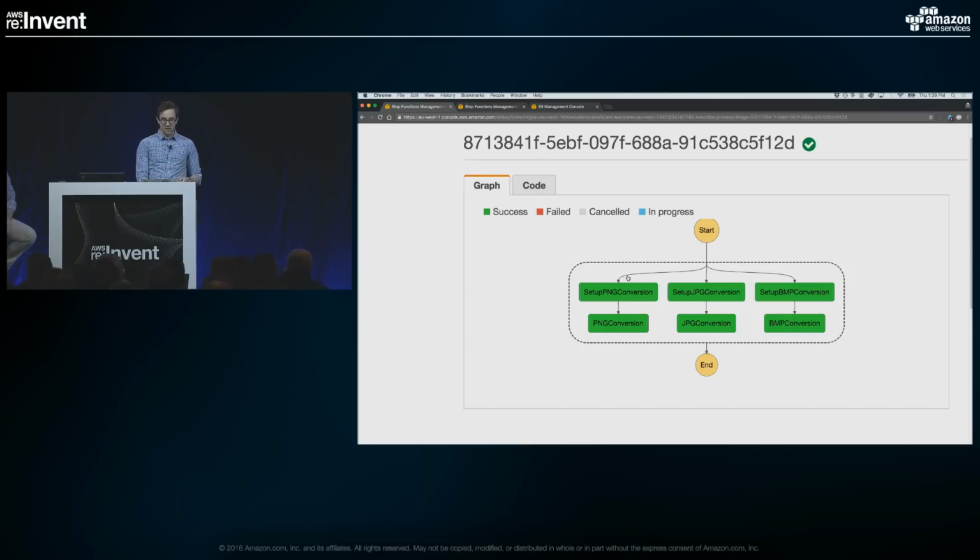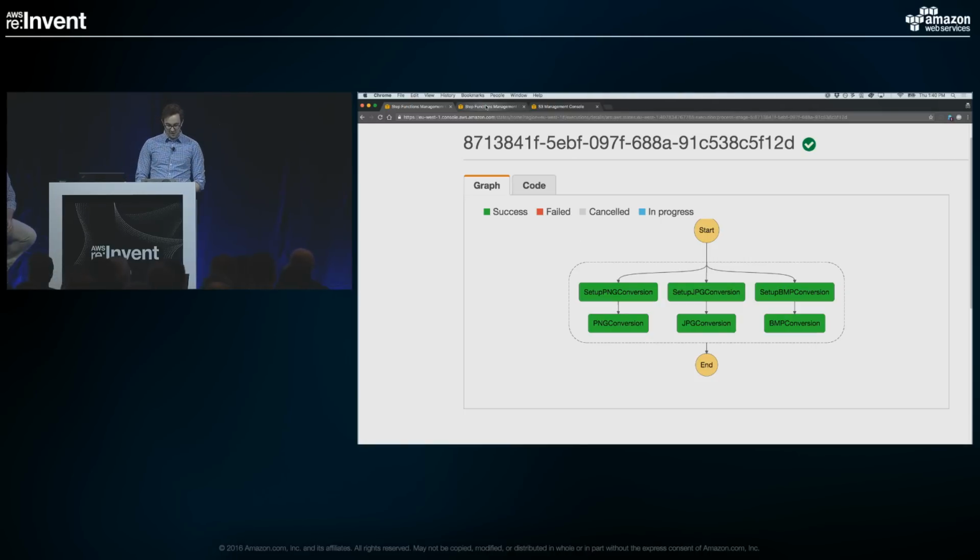And then the important thing is these actual conversion functions are actually just the same function, but it's being passed different values. So inside these setup functions, I'm injecting into it, I need to convert it to PNG. I need to convert it to JPEG. I need to convert it to BMP. So my function in itself is the exact same. The state before it actually defines what is happening.